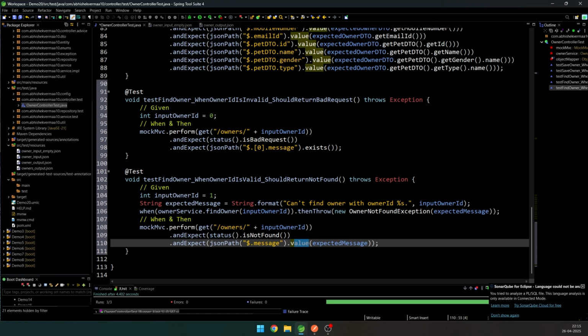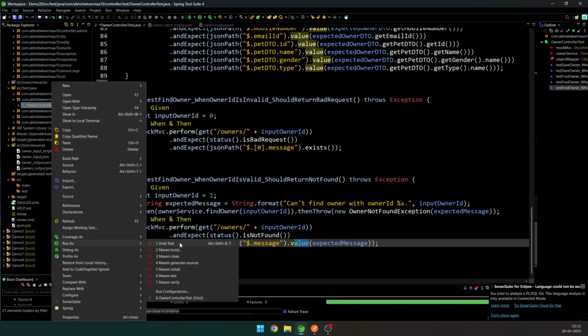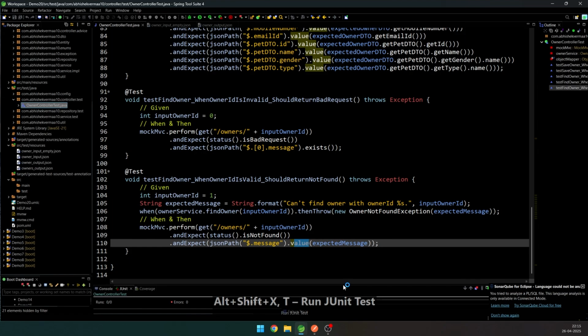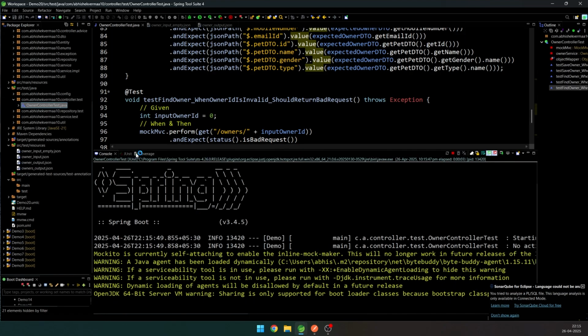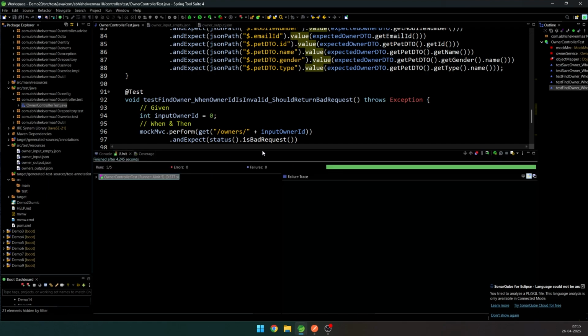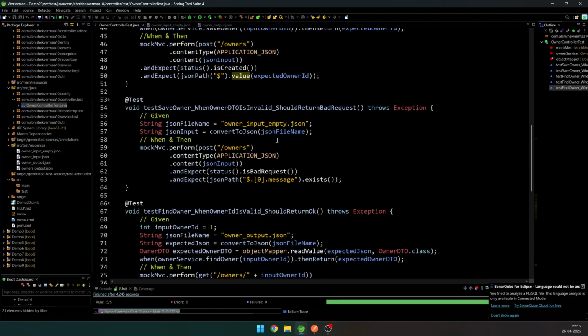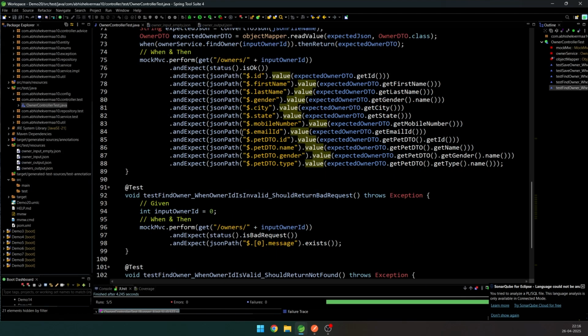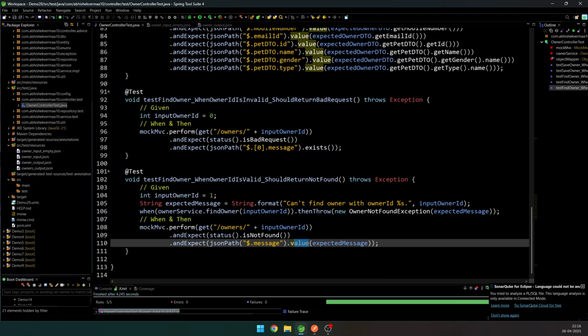So it is completely up to you what you wish to do. You may wish to check the exact message or something like this. Let's again check whether all these things are working fine with the help of this JUnit test. So here if we go, we will see that all these are still working fine. So this is the way, and these are 5 test cases, 2 for the save owner and 3 for the find owner. Now the next but not the last is going to be your test where we have